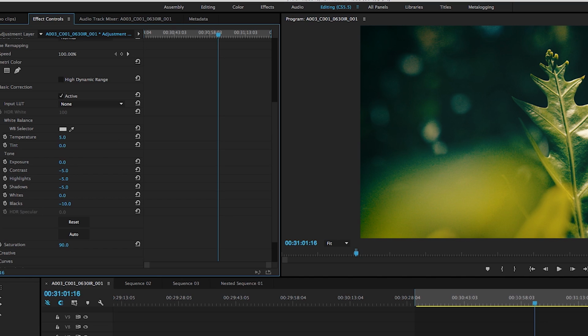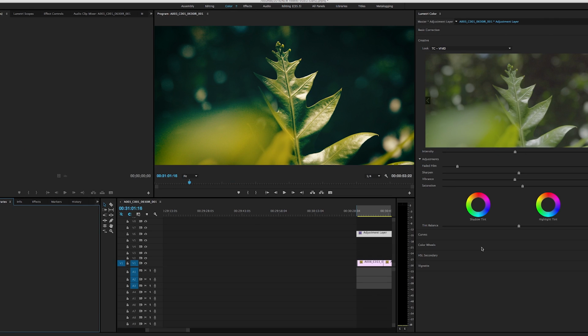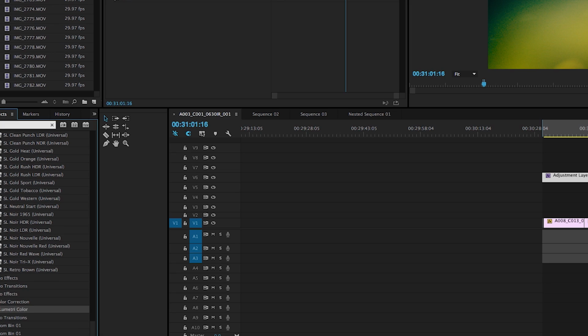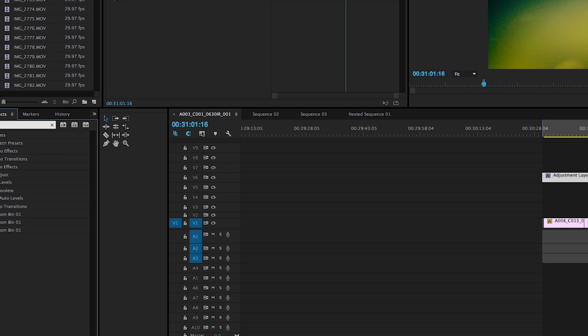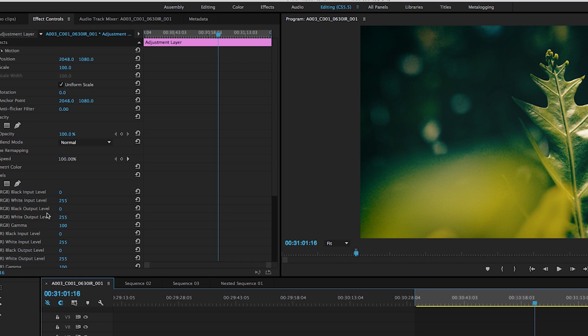It's pretty good. Cool. So there's my Lumetri color tab, and again, you can come into the color tab up here, and you can have a bigger section specifically just for color grading over here, or you could just do it in the edit tab over here. But one of the last things I use to color grade inside of Premiere is levels. So I'm going to type in levels over here in the effects tab. We're going to apply a levels to the adjustment layer,